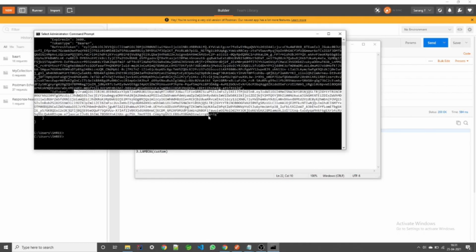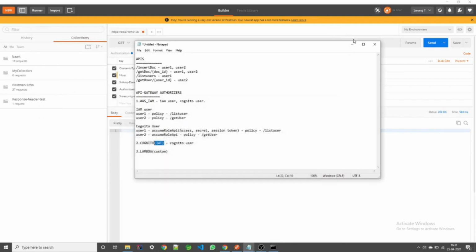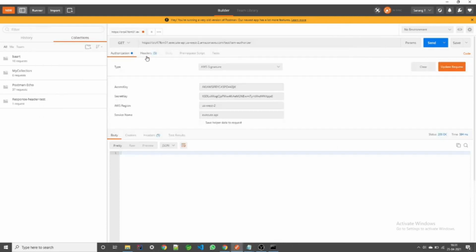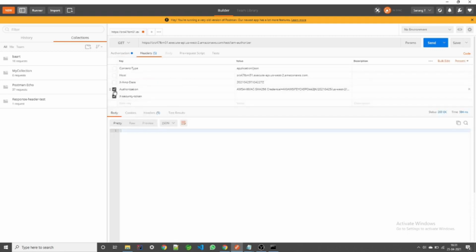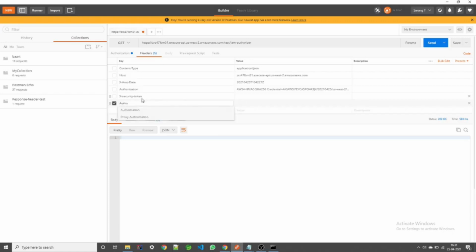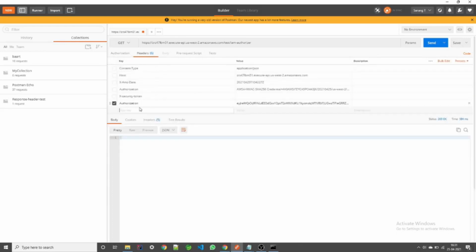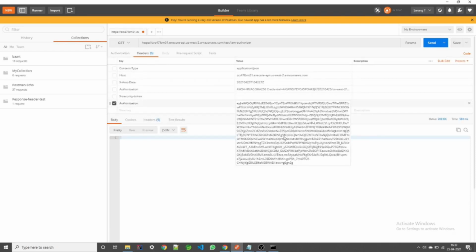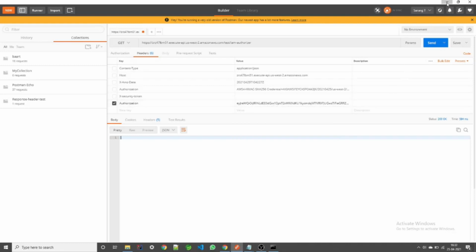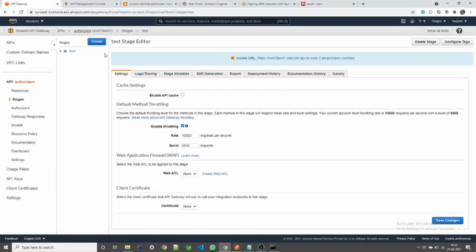So I will copy this ID token, clear this part, I don't want all this, and here I will write authorization and paste it. And here I will just keep no auth. So here I have this authorization key, and I have one of the JWT tokens, called the ID token, for the Cognito user. But first we need to go to the API Gateway and enable this Cognito authorizer.